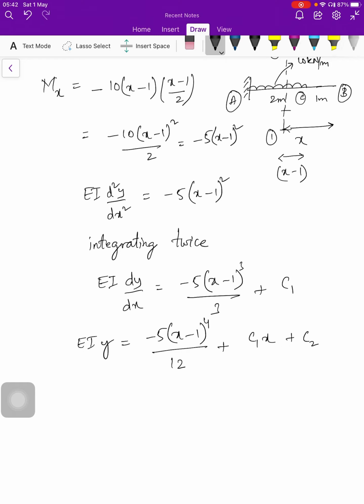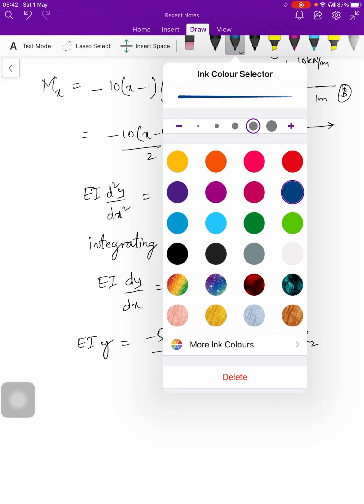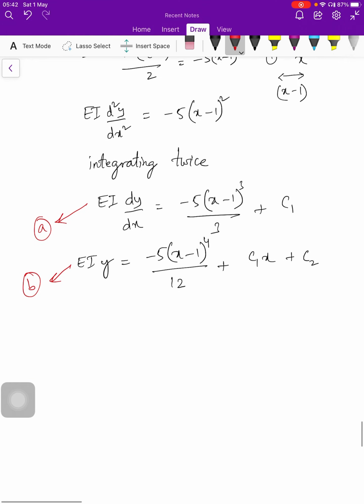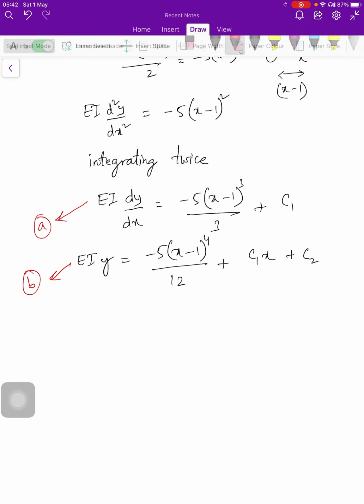So this is the second integration. Now, similar procedure, you need to calculate what is C1 and C2, and substitute those in these equations. These equations are now, let this be A, this is equation A, this is equation B. Okay, now using the boundary conditions,